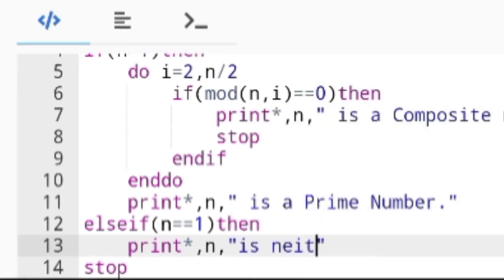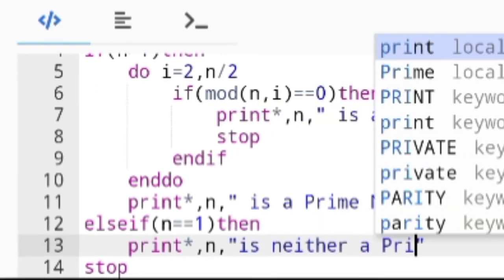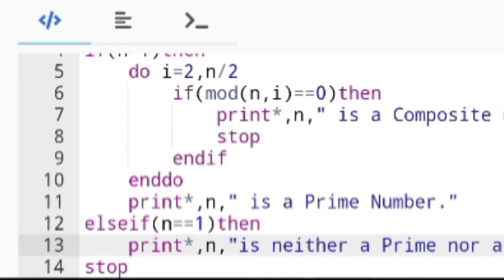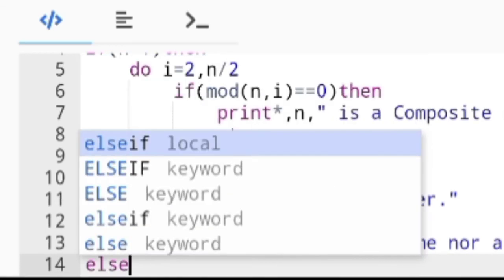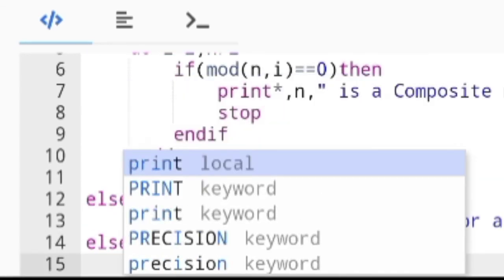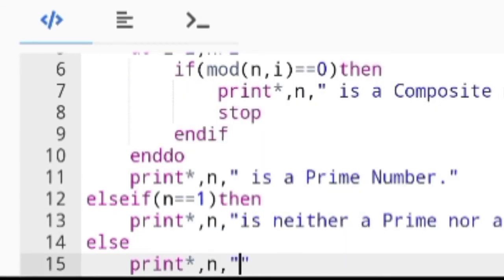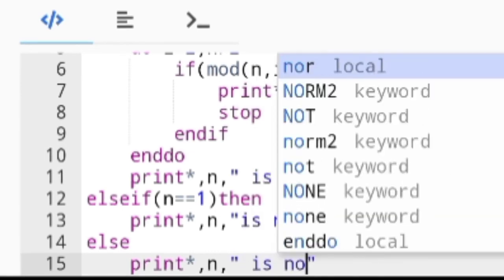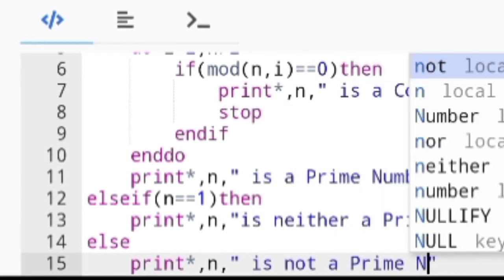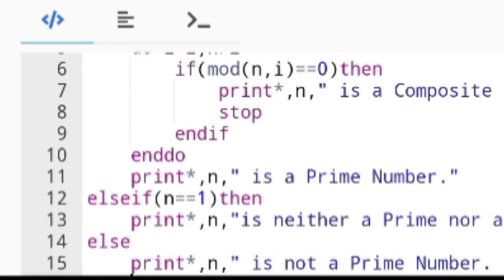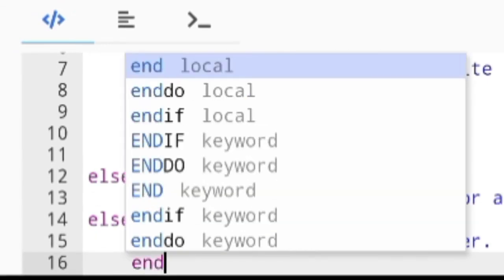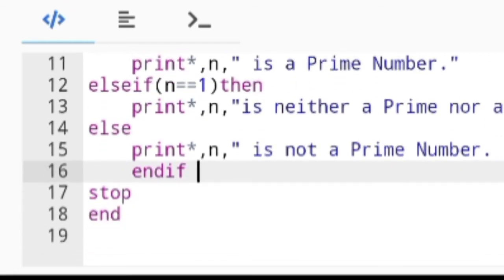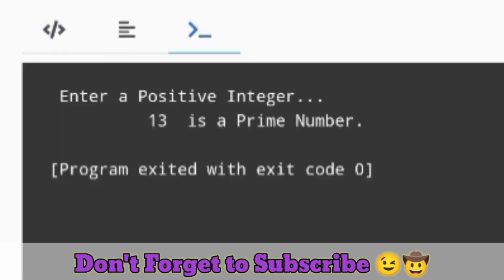That's easy. You can do it very easily. Now else, if the user gives 0, -1, -2 or negative values, then it will print that this is not a prime number. And I have also written in the input statement "enter a positive integer," so you have to give the positive value only.